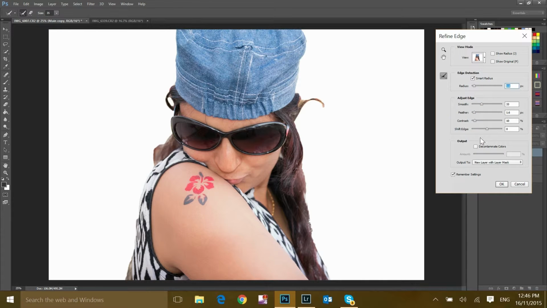Under Adjust Edge, Smooth Edge, adjust as per the requirement to smoothen the edge surface. I will go with this much. Feather a little bit and increase the contrast of the edge. I always like to shift edge by -1% somewhere or more as per the requirement to remove the unwanted background